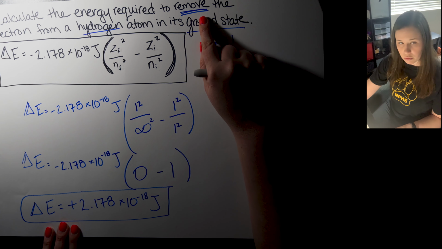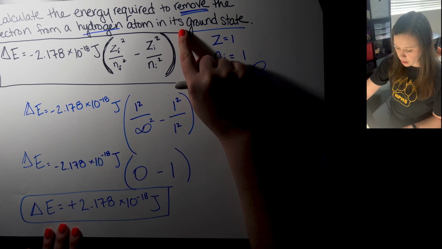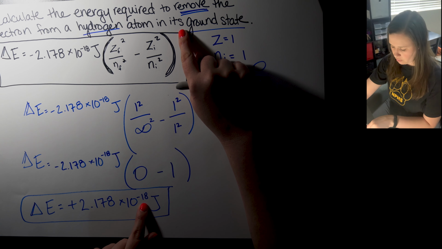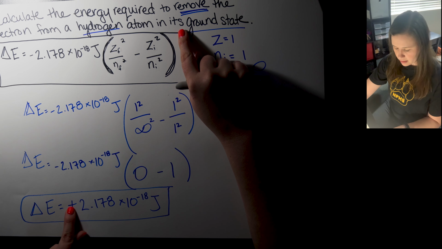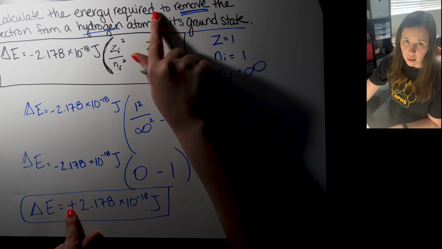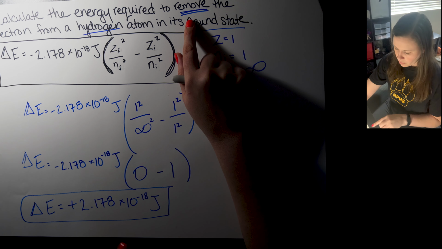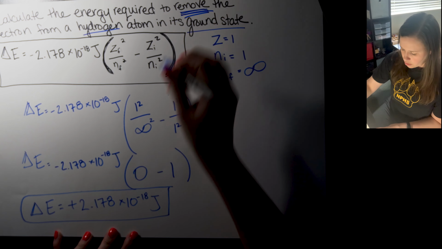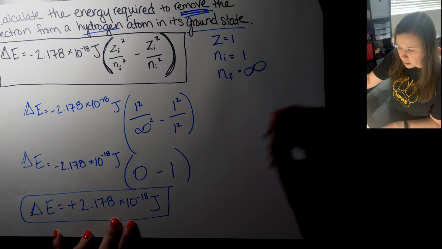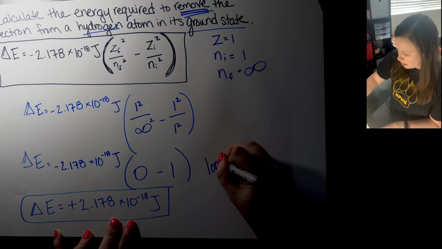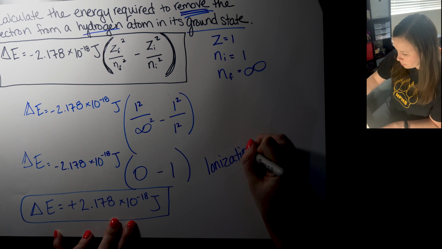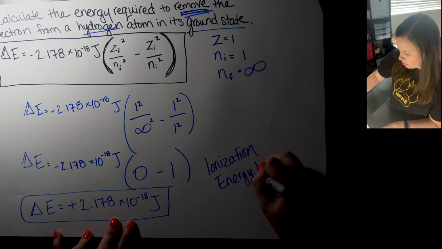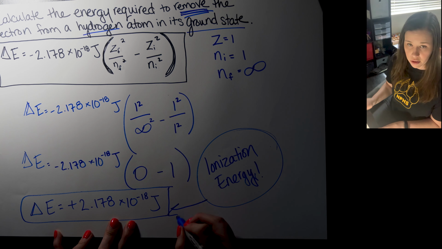So the energy required to remove an electron from the hydrogen atom is 2.178 times 10 to the negative 18th joules. It makes sense that this is positive because it's the energy required to remove the electron. This is a very important definition. If I am removing an electron, this is the energy to remove an electron. That is known as ionization energy. So we just calculated the ionization energy for